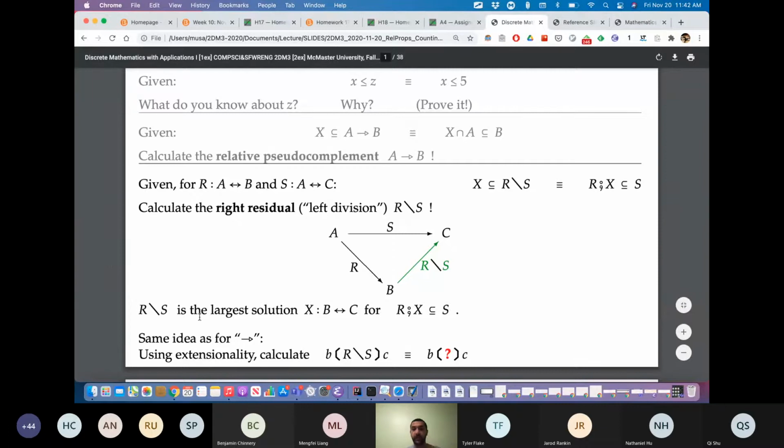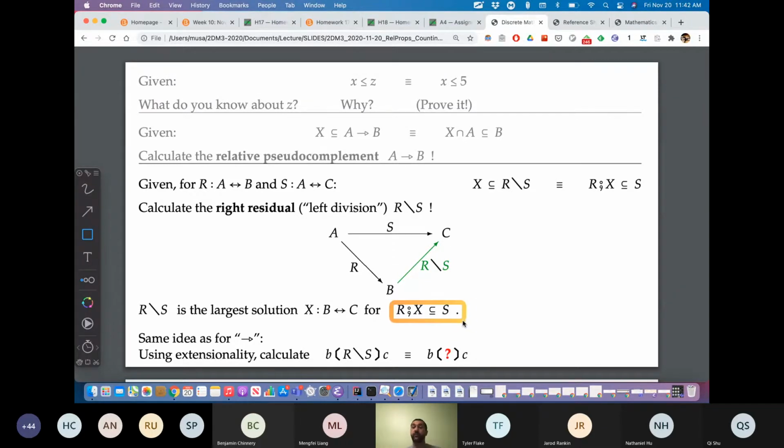Okay, so the division is the largest relation that allows us to solve these kinds of equations. We're saying, I want to go from R to S. Sorry, I'm performing the operation R, right? So R takes me from A to B, but I really would like to get to C somehow. I know that A lets me go to C, and so the division says, what if I start at C, go back to A, and then from A go to B? So I'm trying to undo, okay?